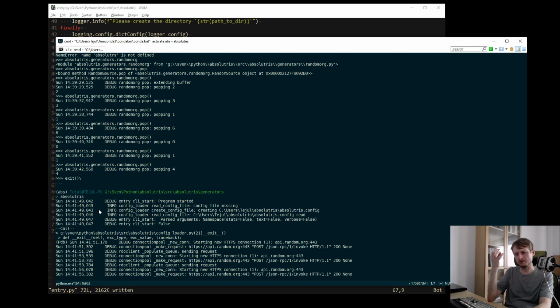It means somehow the random org module is running, because the log is clearly writing that it's fetching some numbers.